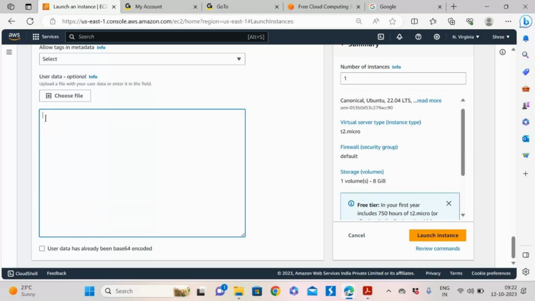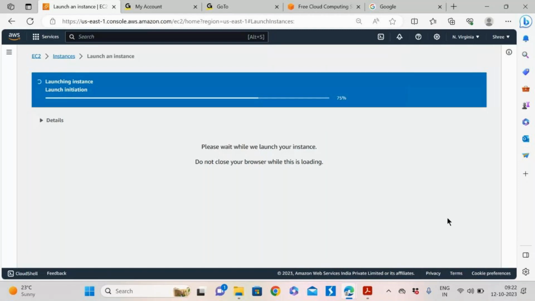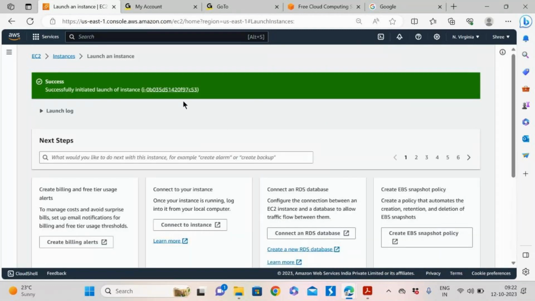Here we can add a script. If I want to configure a web server, I can simply mention it here. This is the user data, which is very important and plays a very important role. Without user data, I'm just going ahead and launching the instance.